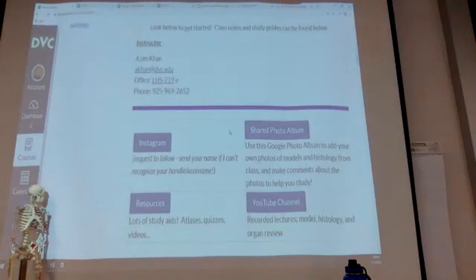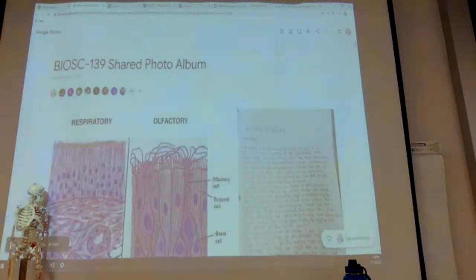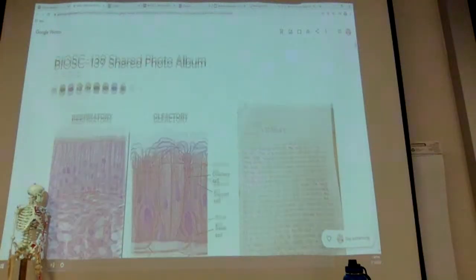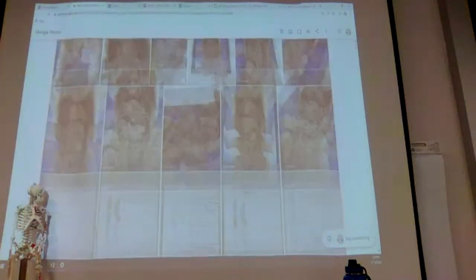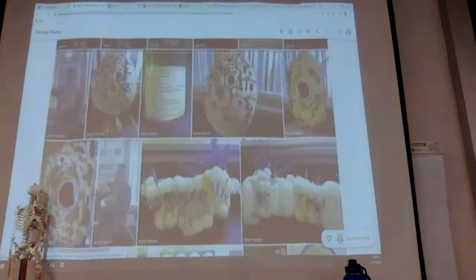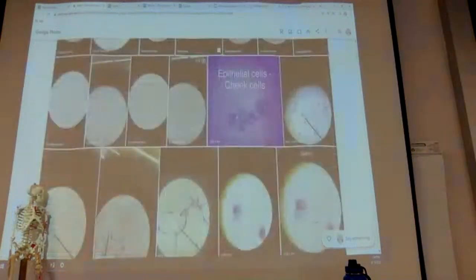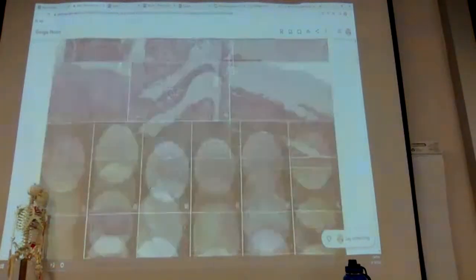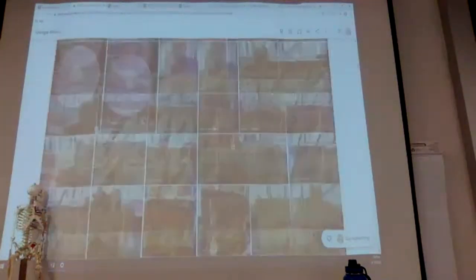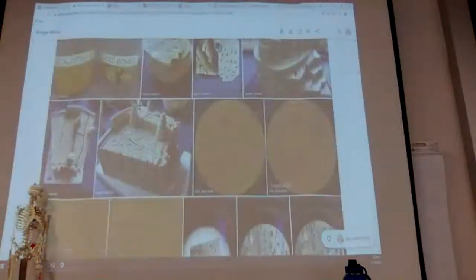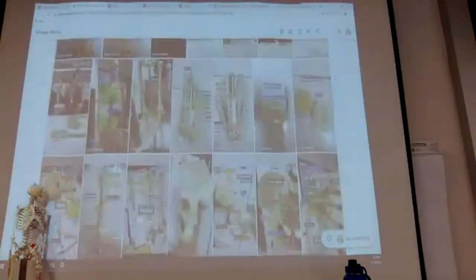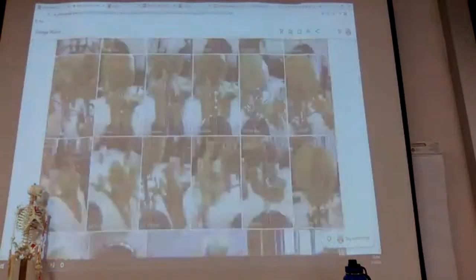Go to Home and then scroll down, click on Shared Photo Album. This photo album is organized in order of what we go over. So we started with fetal pig. We did the banana activity, cells, mitosis, connective and epithelial tissues, skin, bone and cartilage, bone,